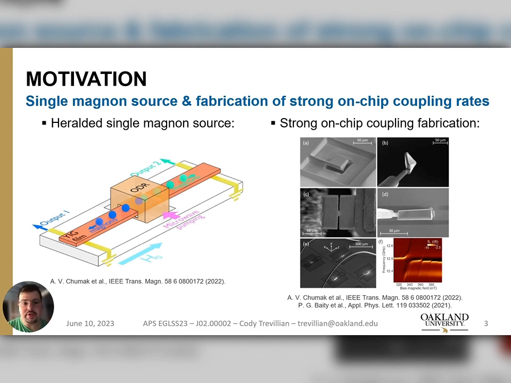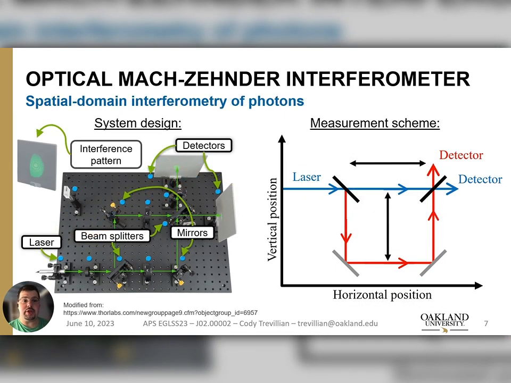And to utilize these single magnon states, it's important then that we understand how single magnon decoherence occurs, and therefore we need some sort of tool to study it. To study the decoherence of single magnons, we can take inspiration from the quantum optics community. So we can use something like a Mach-Zehnder interferometer to study the interference pattern and gain information about the decoherence